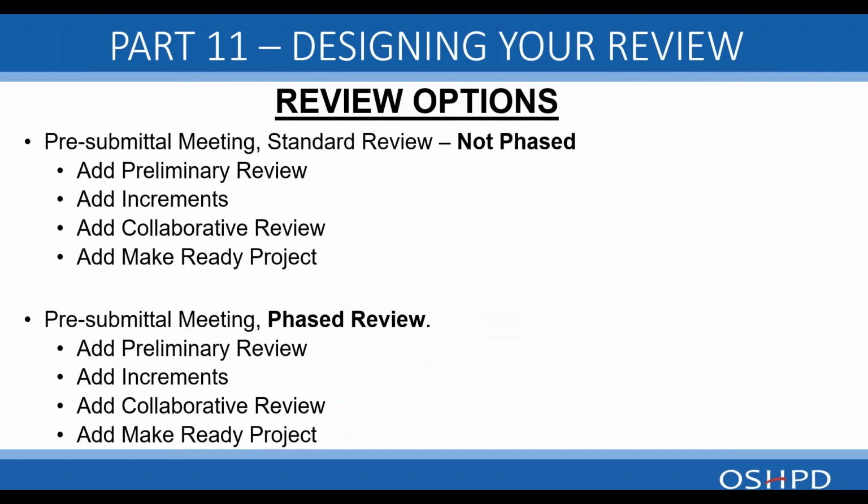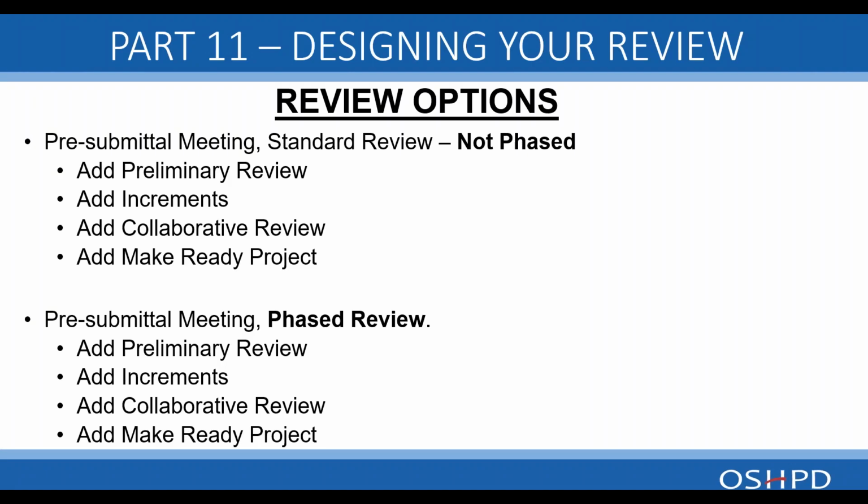Basically, review options consist of 2 main review options. You can do a pre-submittal meeting and a standard review that is not phased. If you do a pre-submittal meeting and a standard review that is not phased, you can add a preliminary review and get some feedback. So if you have a smaller project that maybe doesn't warrant phased or collaborative review, you